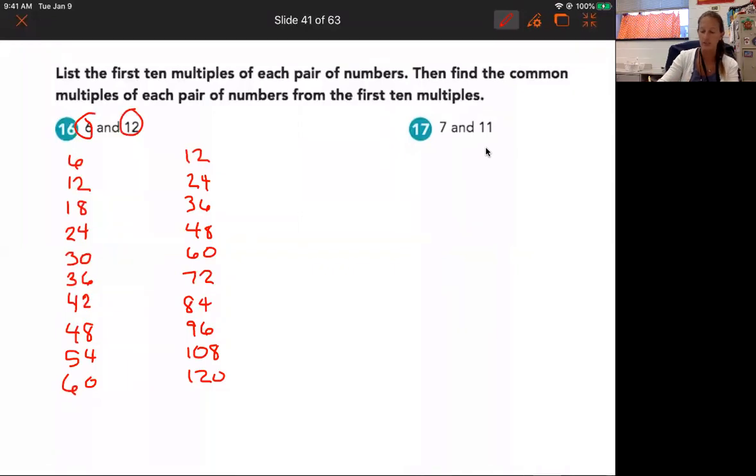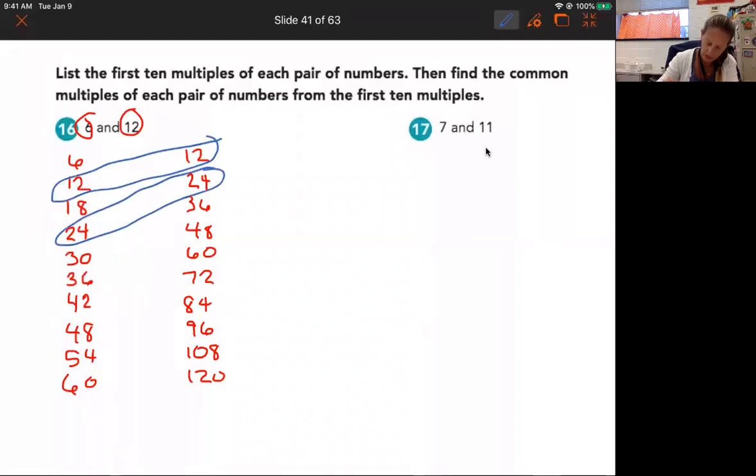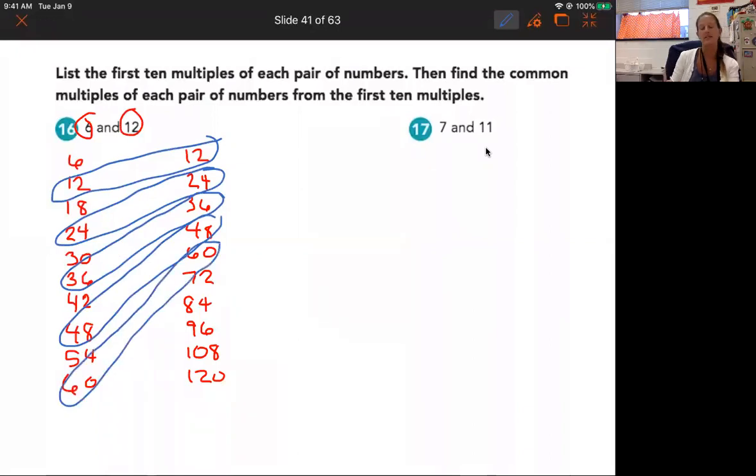Now let's find which ones they have in common. Well, let's see, they share 12, 24, 36, 48, 60, and obviously that'll keep going on and on. So all of my multiples for 12 are also going to be multiples of 6 because 6 goes into 12,